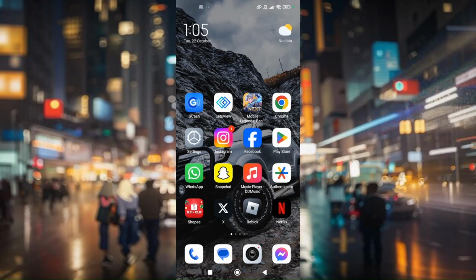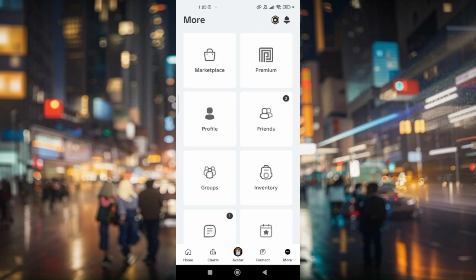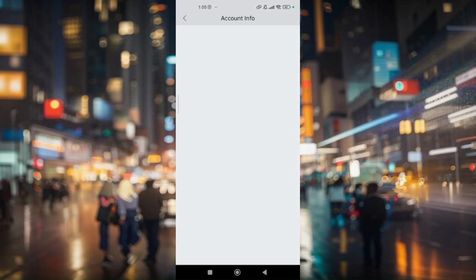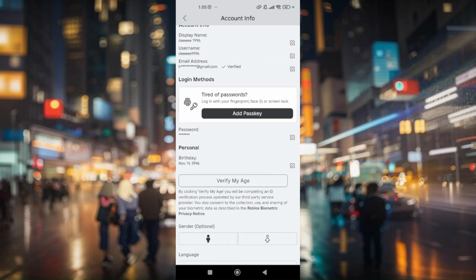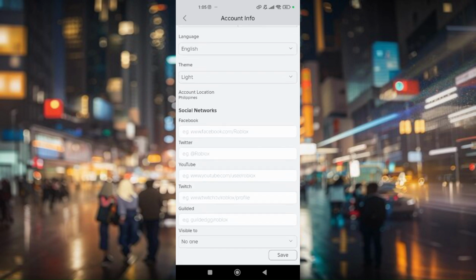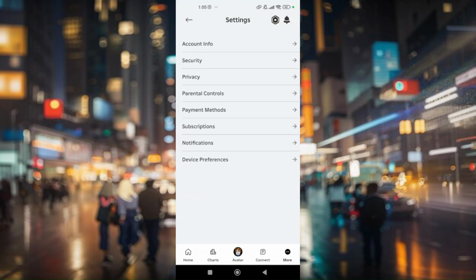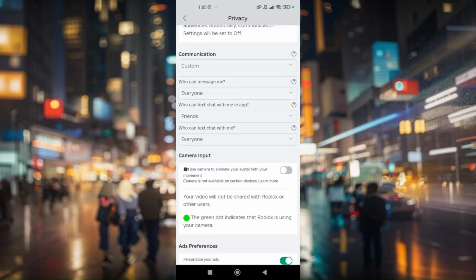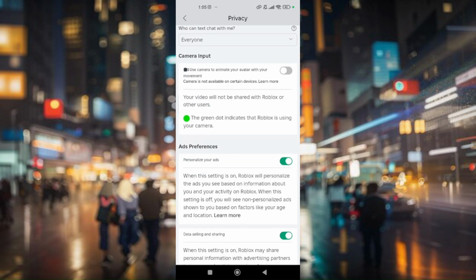So if you go ahead to the Roblox application right here, as you notice, if you go to More, the three dots right here, and then we head to Settings and then Account Information. Now, I haven't verified my age yet, so that is why it's not showing on my end. You can also find it on the privacy settings. Now there will be a field that is saying chat menu or chat options right here if you already verified